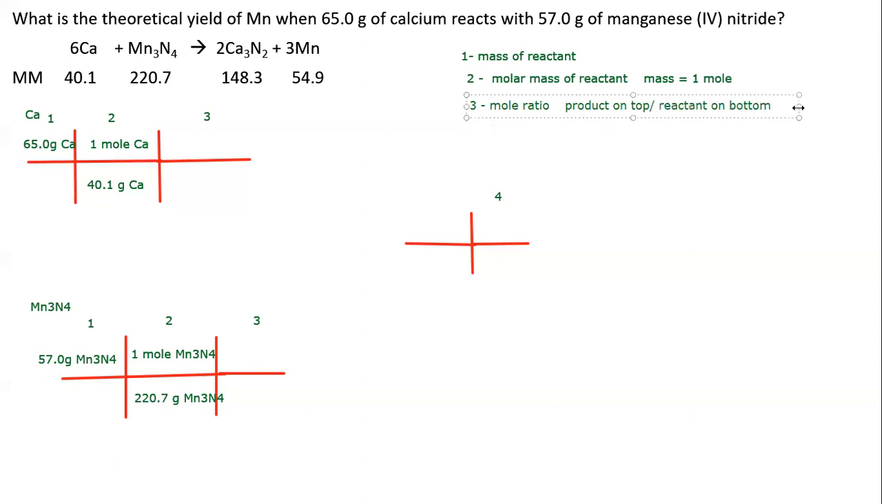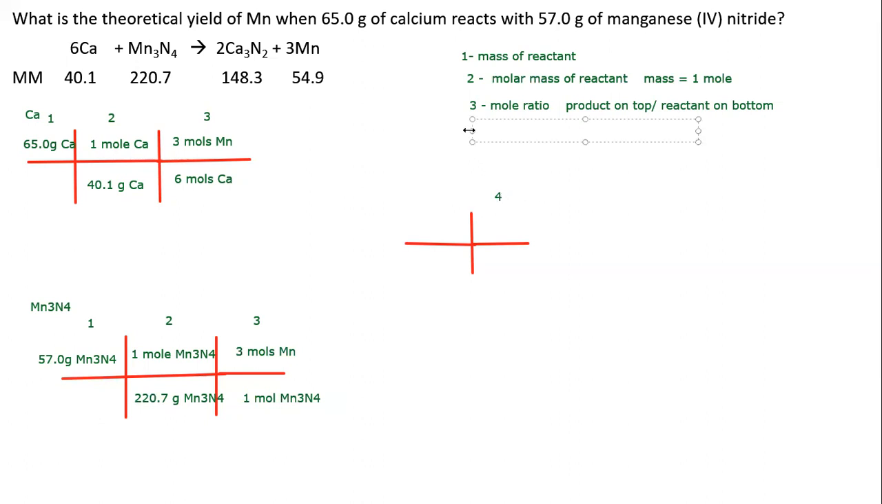So you're going to make sure to put the coefficient of the product on top, the coefficient of the reactant on the bottom. So here we do that. For calcium, it's 6 moles of calcium and 3 moles of manganese. And then for the bottom one, 1 mole of manganese 4 nitride, 3 moles of manganese. And just to let you know, for slot 4, we're not going to need it yet,